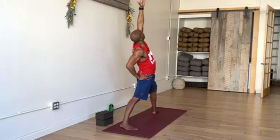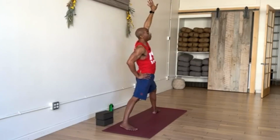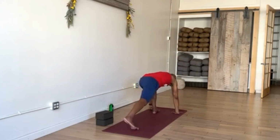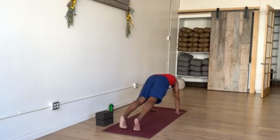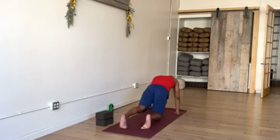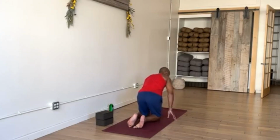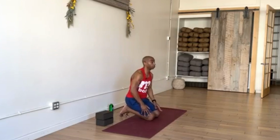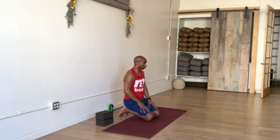Okay. Here comes our big windmill, all the way around, down to the floor. Plant the hand, slide the left foot back, plank. Okay, let's do the same things with the blocks. Set the knees down, sit back, bring in those blocks again, and then return to plank pose. Okay, yeah, plank pose. Chaturanga Dandasana, or just kind of lowering down, bending the elbows, tops of the feet, pull